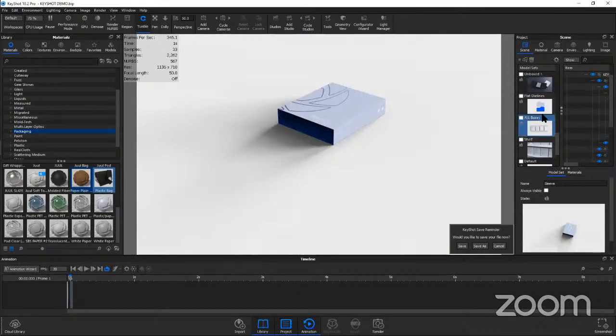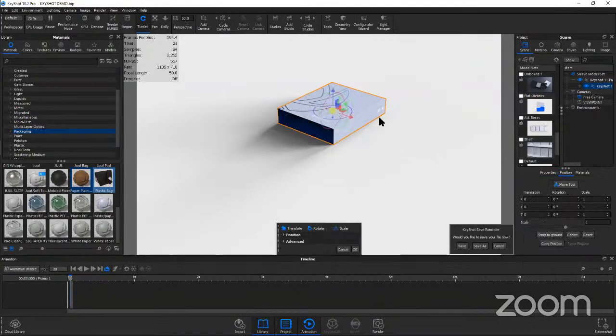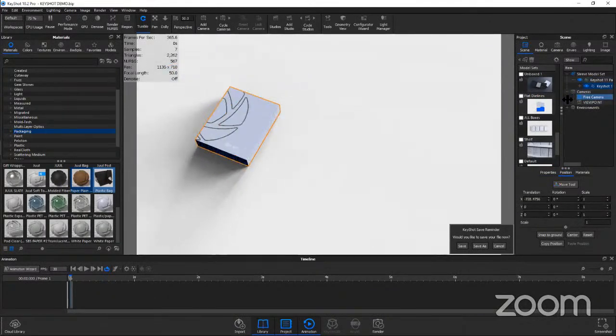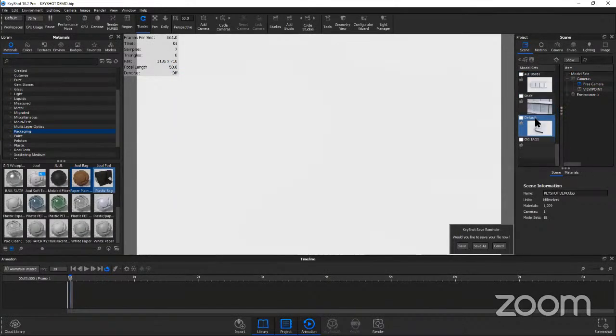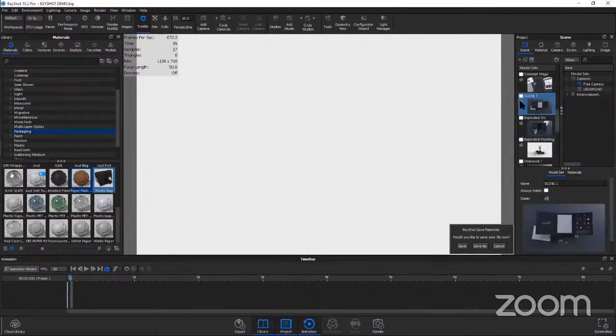I can move this part all around. I'll move this just to show you. So if I go back to that original default one, it hasn't moved. So that way, when you're doing shots like this one,